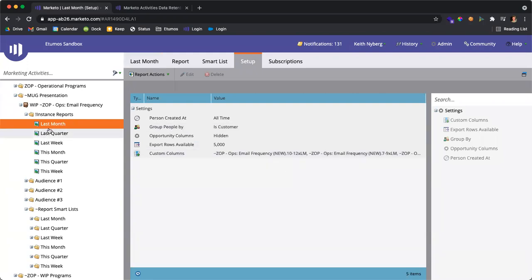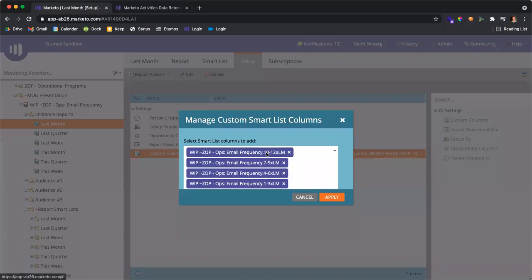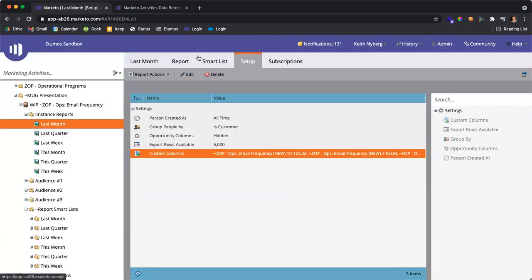And so for this last month, as an example, I can group by whatever I want. If you have an account type field, maybe that's a really great field to group this by. You could go by company name just to see what accounts you're targeting by volume. But this really doesn't matter as much because I'm really more focused on the aggregate volume for the last month, in addition to how that breaks down over the different categories that we group them into for volume, right? So down here in the custom columns, you're going to see that I just added in the smart lists that align to last month. So all my last month smart lists are in here.